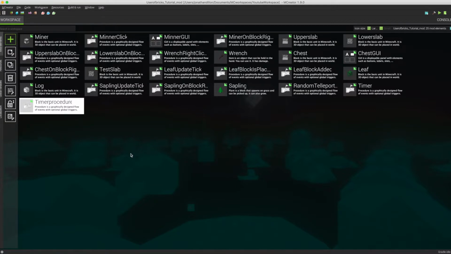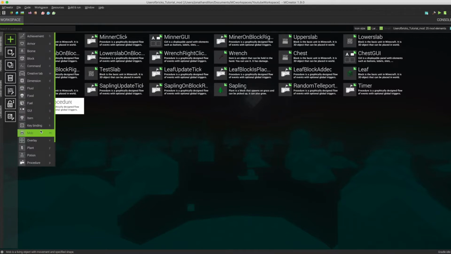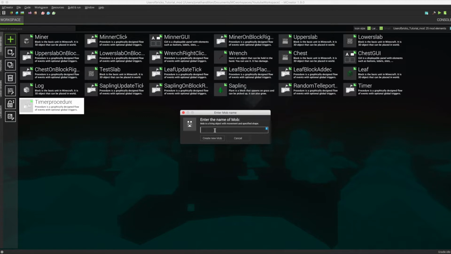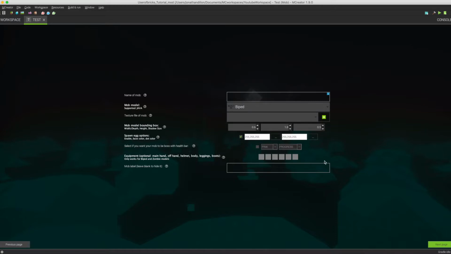This video is an updated version of one of my previous videos, so if you have watched that video, you will see that there isn't a whole lot that has changed, but what has changed quite a bit. Anyway, let's get right into it with creating a mob. So I'm just going to call this mob test, and let's look through all of the different features of